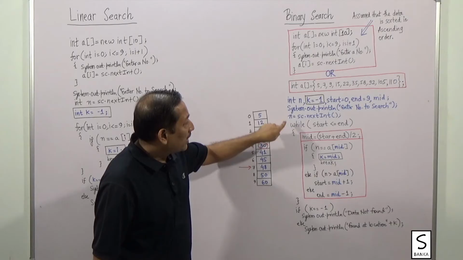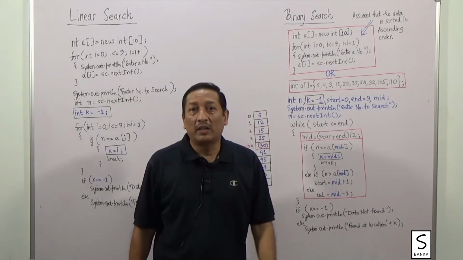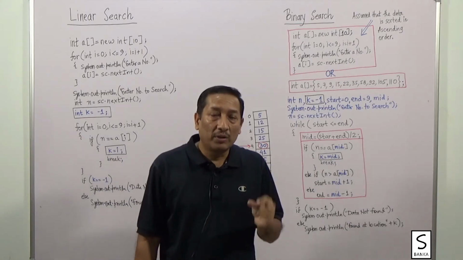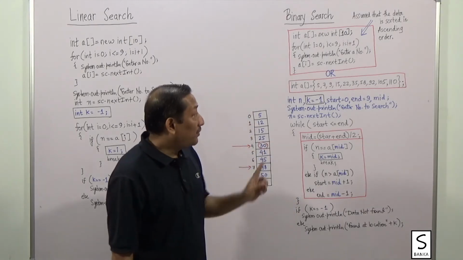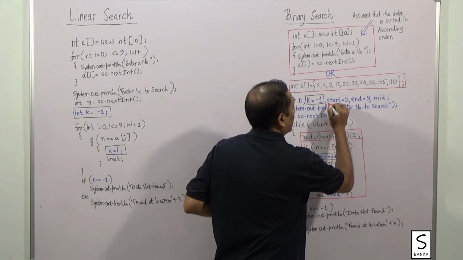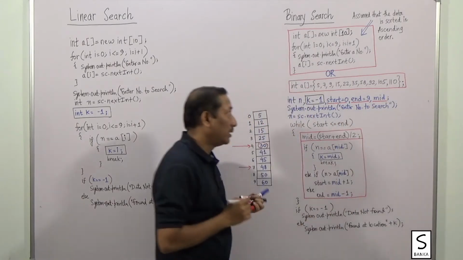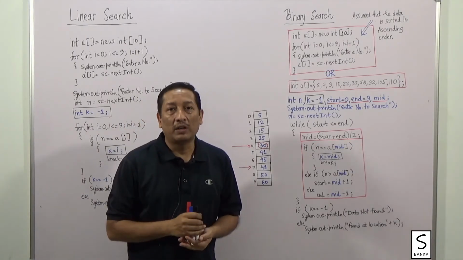Now we enter the data that we want to search in N. Again, I have taken K to indicate whether data is found or not. K is -1 right now. Obviously, if the data is found, K will contain its location 0 to 9. But we have some new variables here. One of them is start, one of them is end, and one of them is mid. These 3 variables are going to be very helpful in this particular method.